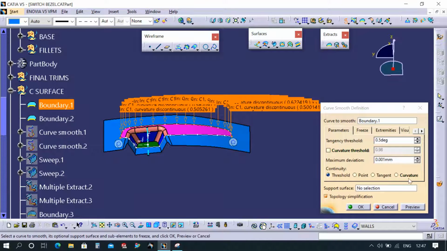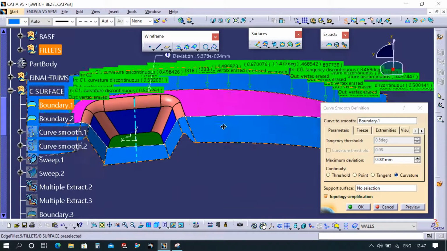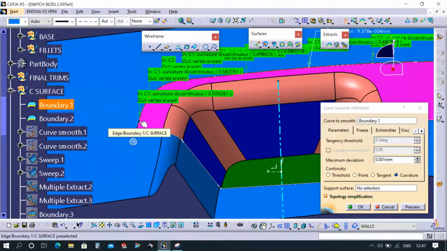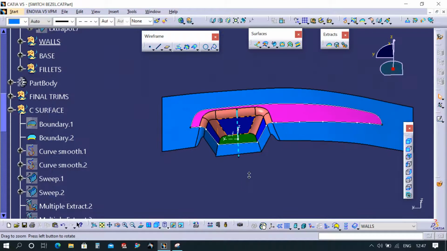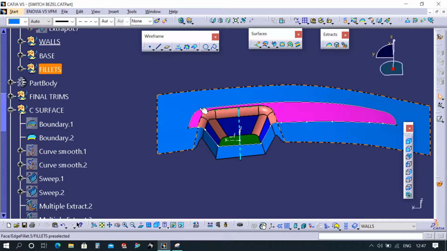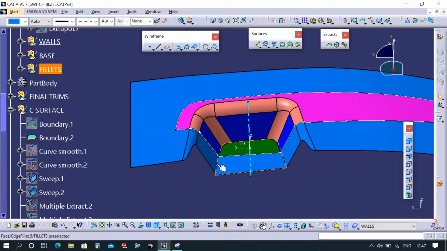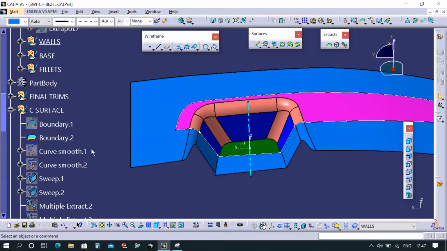So select the curve and go to curvature, show the preview. After getting the preview, it will remove the vertex and join the curves. If you click OK, now see, the vertex has been removed and it is a smooth curve spline. You have to do the same with this other line also.